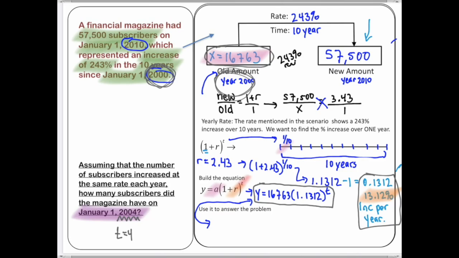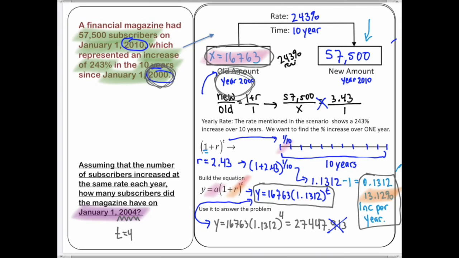It's going to be 4 years from the year 2000, okay? So therefore, I go y equals 16, 7, 3, and so on. Put this in here, like that, and let t equal 4, and let our calculator do the work here. Okay, so for our calculator, we got this right here, 27,447.913 and some change. But we're not going to worry about that because we can't have 0.9 of a customer